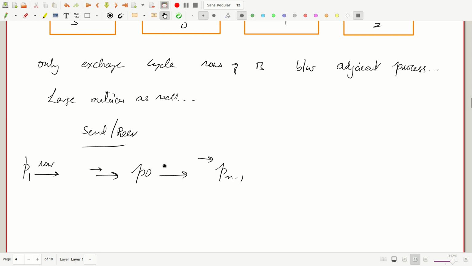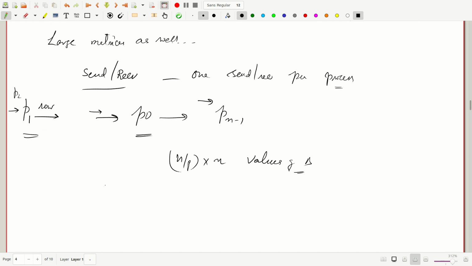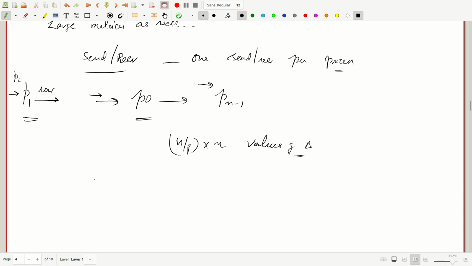Okay, so there is one send and one receive by every process here, and similarly P1 will receive from P2 and it will send it to P0. So there is one send receive per process, right? That means we would basically have to send and receive n by p times n values of B after every iteration. Now you need to be a little careful when you try to write these send receive commands, because if you just use MPI send followed by MPI receive, and this is how you would code it for every process,